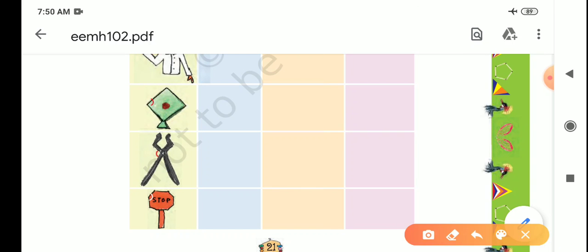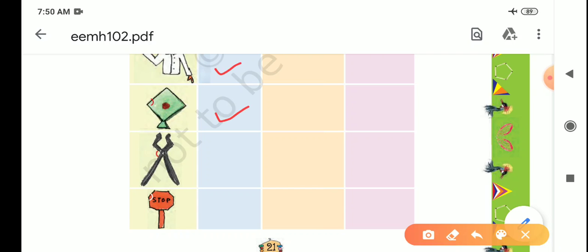If you want to do the same with me, you can also do it. I am repeating once again. In the second figure, the boy is standing with his hand raised in the position of 90 degrees. So we will put a tick mark in the column of right angle. Then next, the kite is also in the form of a 90-degree measurement. So we will put a tick mark in the right angle column.